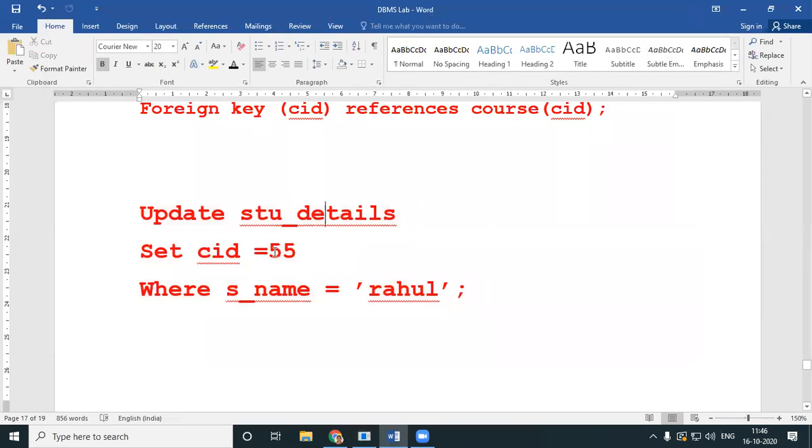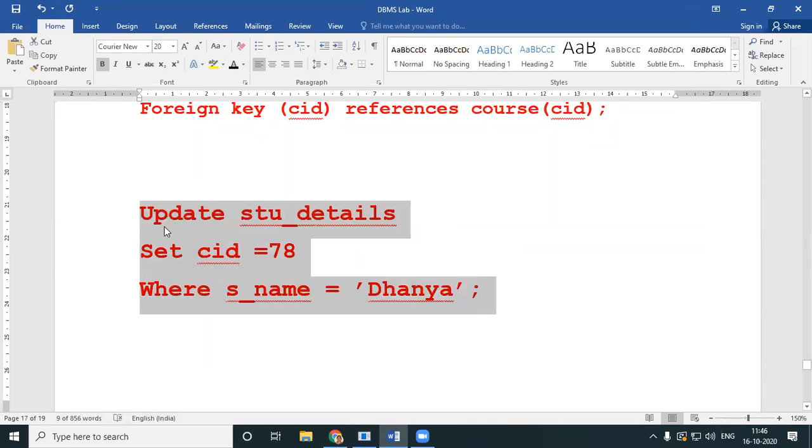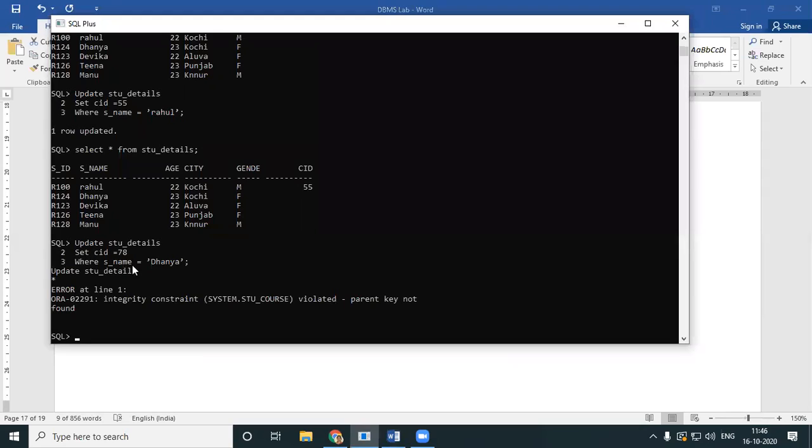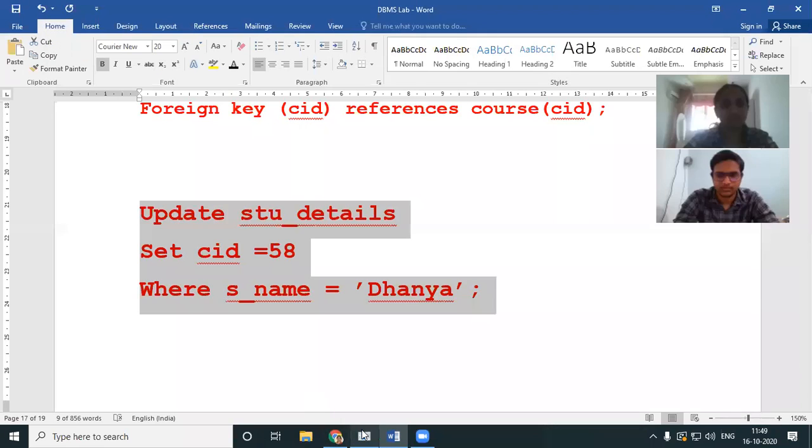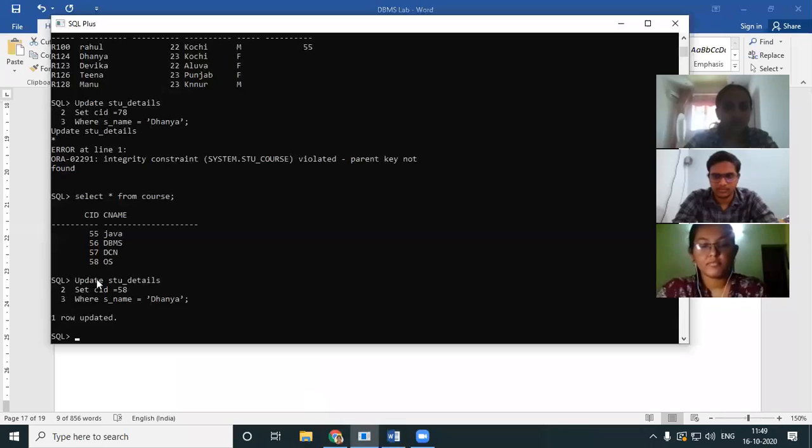CID is equal to 78, where Dhanya. I'm updating a new detail, Dhanya's detail. I'll just copy my query over here. Look here. You have an error. Now tell me, why do you have that? I will not get an error when I give 58 because 58 is already there.